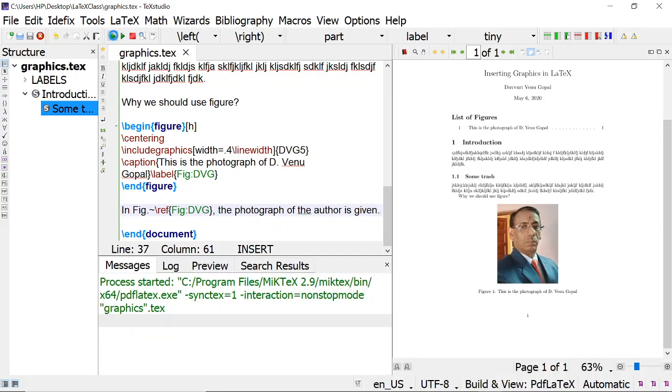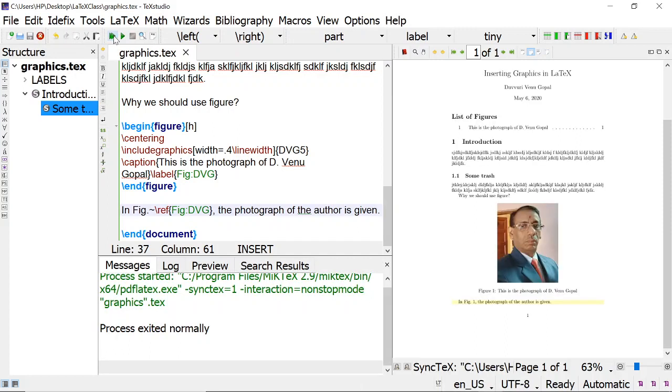And when I compile this document, you see, like this you can refer to the figure also. In figure 1, the photograph of the author is given.